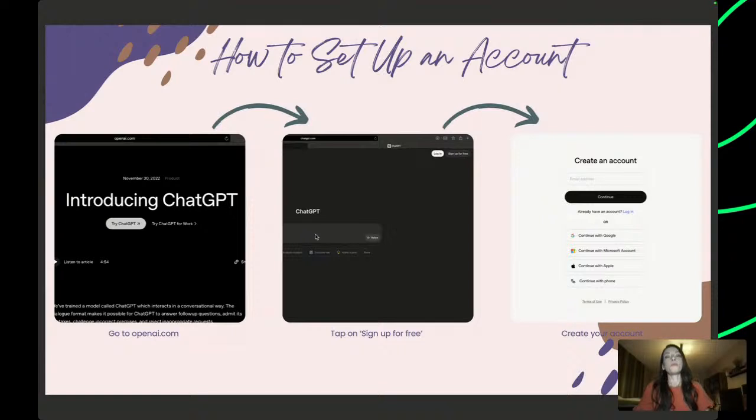So you can sign up for free with the button in upper right corner. And yes, it is free, and there is also a paid version. But the free one is totally okay for me at this point. So once you tap on the sign up for free, you will be prompted to create an account, just like you would on any other website or platform. You just need to enter your email address and think of a password, and then you will be all set.